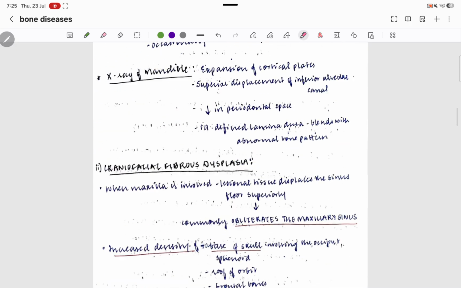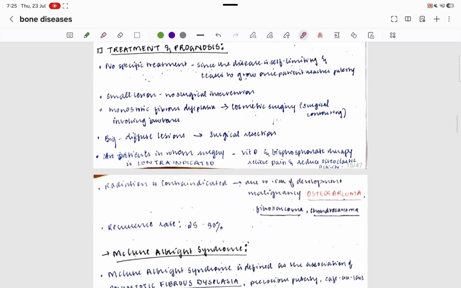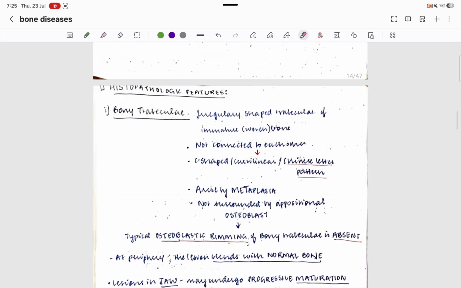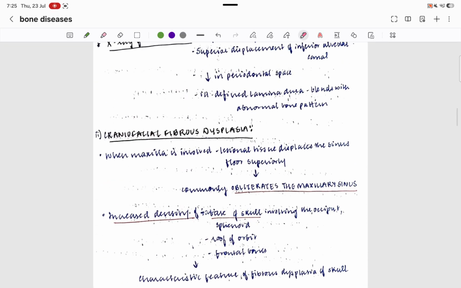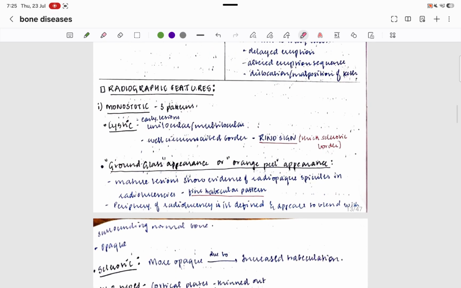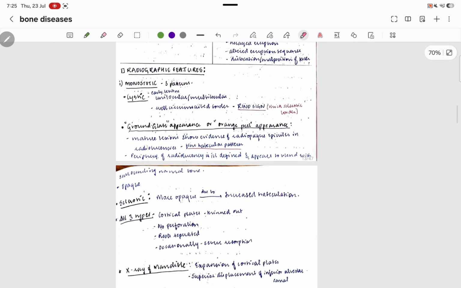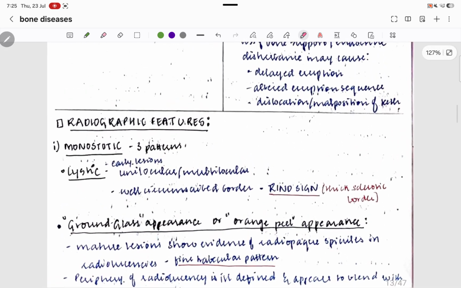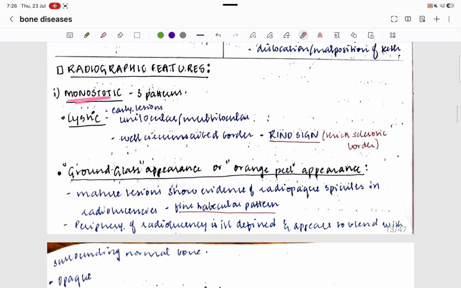Coming to the radiographic features, so yes, we are towards the end of it. The radiographic features include monostotic. There are three patterns of monostotic: cystic and ground glass. What the three patterns are, I will tell you, but before that,